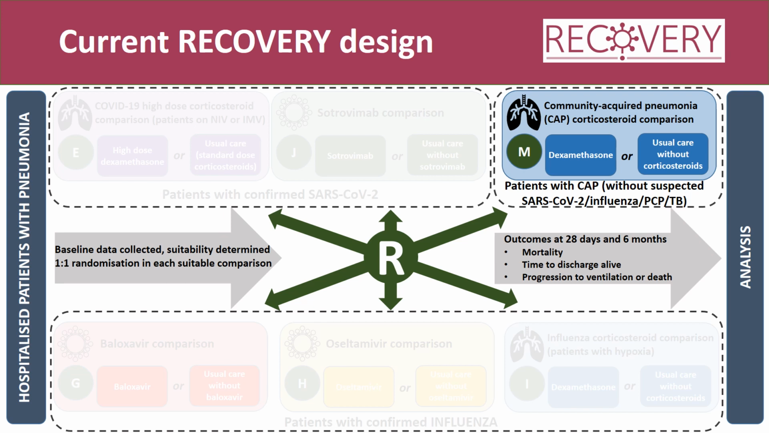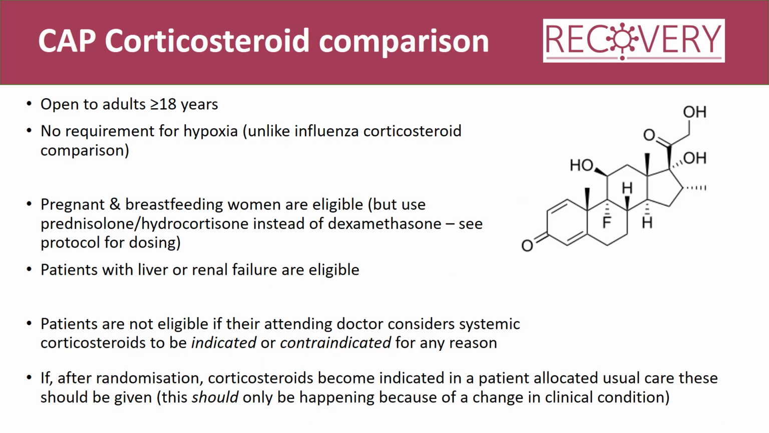At the top right is the CAP steroid comparison, which is a randomisation between dexamethasone and usual care without corticosteroids. The CAP corticosteroid comparison is only open to adults aged at least 18, but otherwise there are no specific eligibility criteria for this comparison. In contrast to the influenza steroid comparison, there is no requirement for hypoxia, as this is less likely to be a reliable marker of severity in bacterial infection, and it hasn't been required in most other CAP